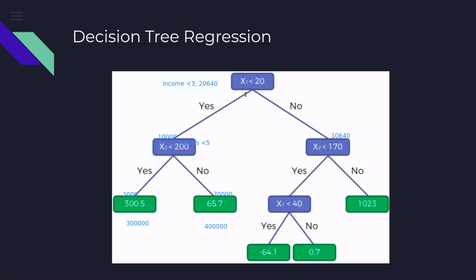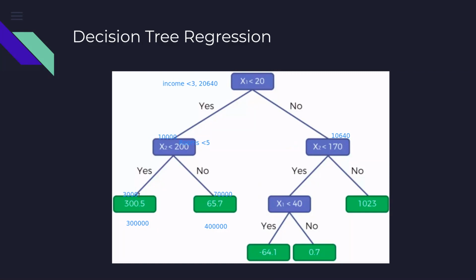Then on that node, I apply a different bifurcation criteria or different decision criteria. And here I say that my second criteria is whether the data element, whether the observation is having less than 5 rooms or more than 5 rooms. So based on this criteria now, again, I will have bifurcation of the parent node. So 10,000, suppose based on this criteria, gets bifurcated into 3,000 and 7,000.